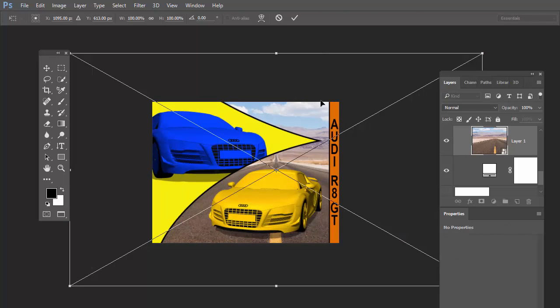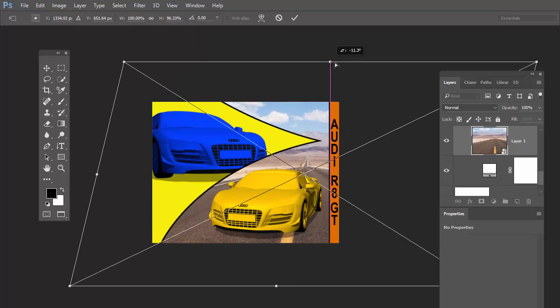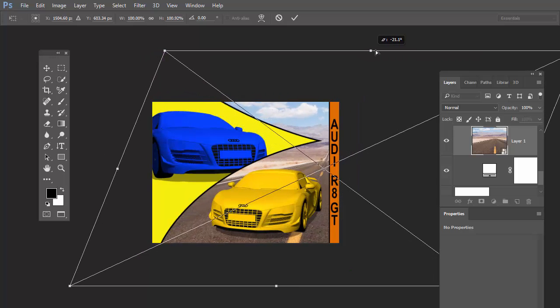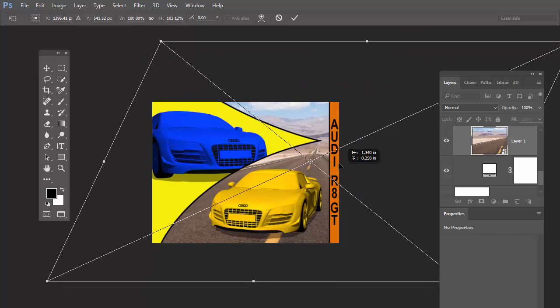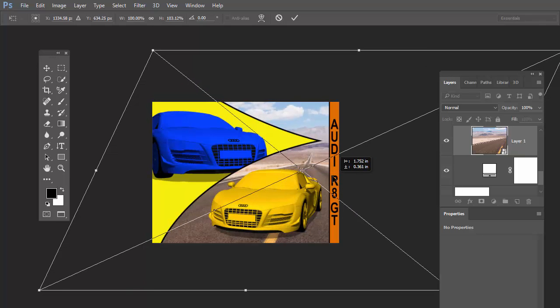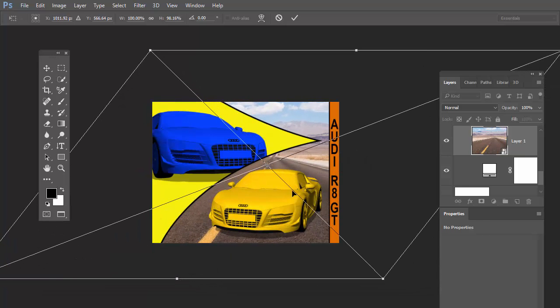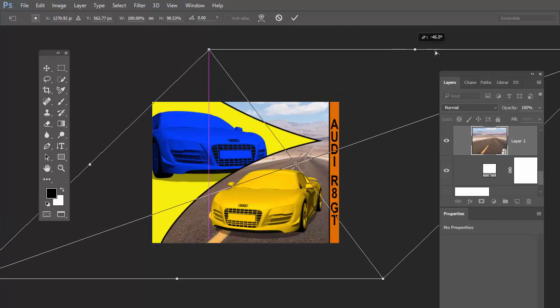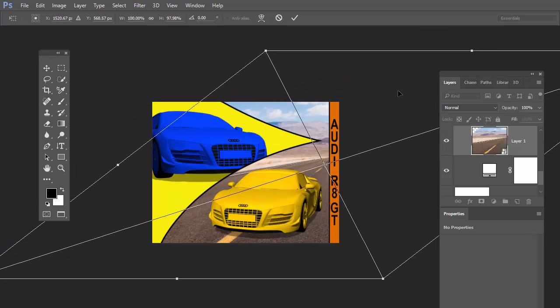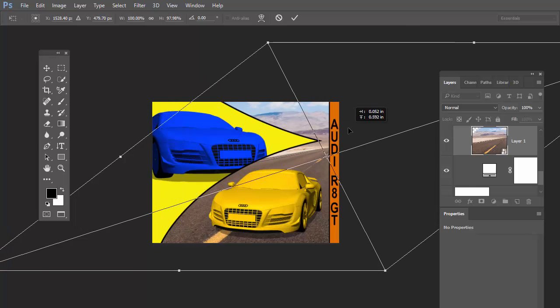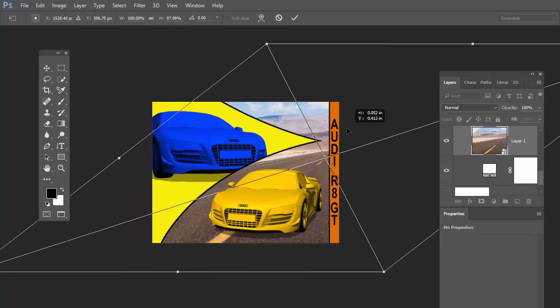You can see how large this is. Hold the Command or Control key and I can kind of distort this a little bit. Okay, bring it on over. Right, just little tricks you can do to kind of serve the purpose. Bring this on over if we need to. I might play around with this idea. That's looking a lot better. So it looks a little bit like the